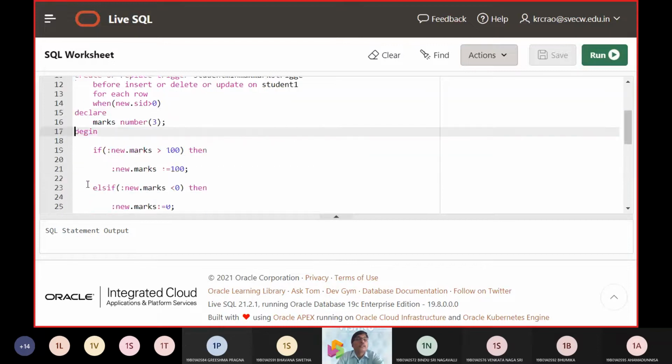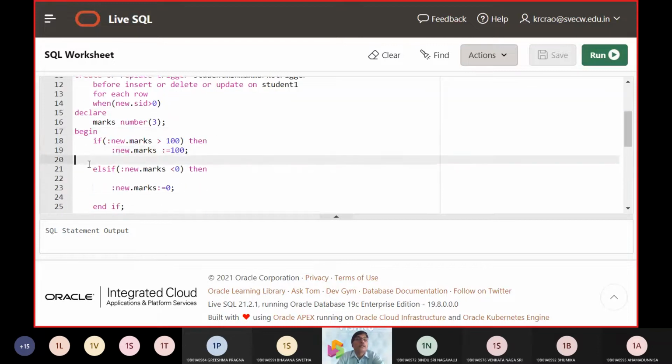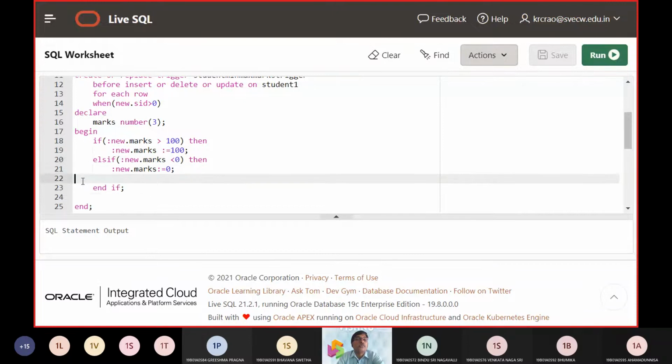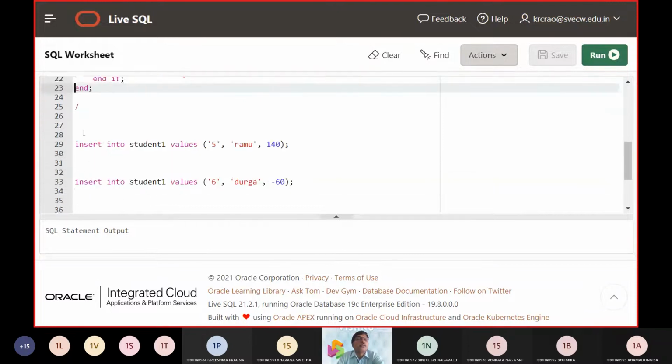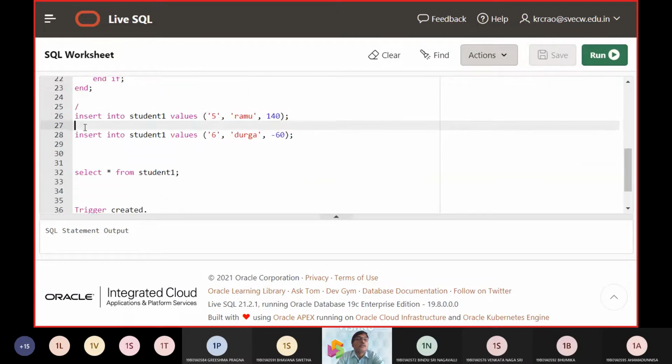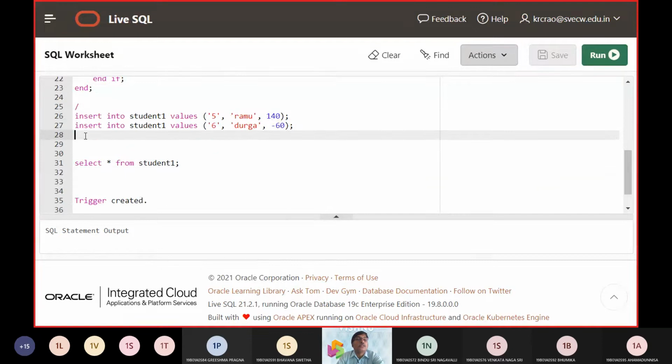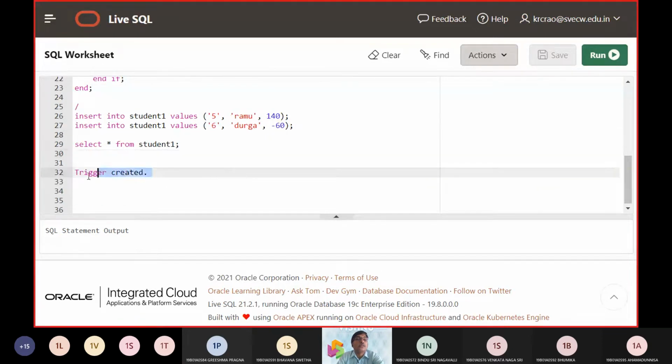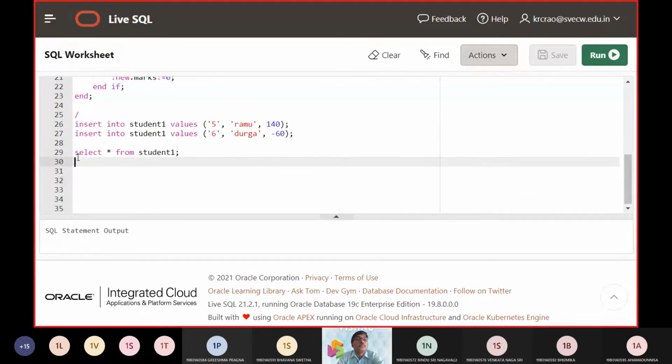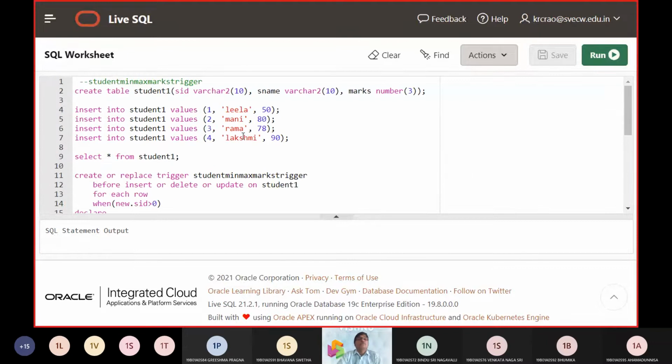Then we have the declaration section. We are using the if loop here. So let us see how the trigger is going to be performed.